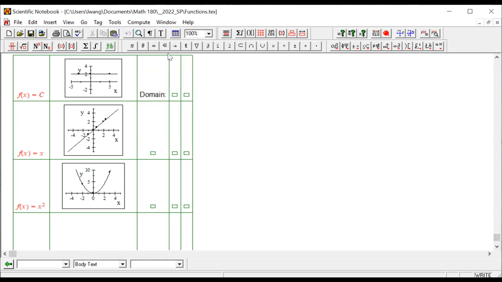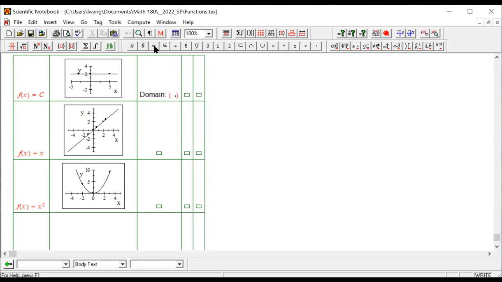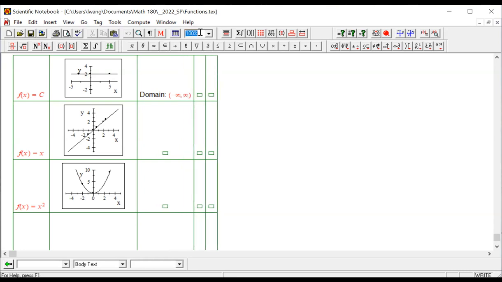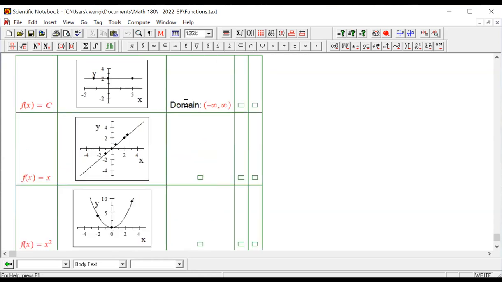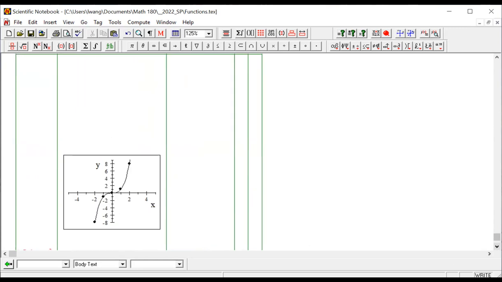So we can go back, but we don't need to go back, right? The domain would be all real numbers, larger fonts, and all of these same domain, right? The cube function,